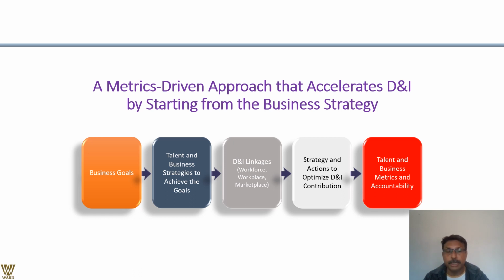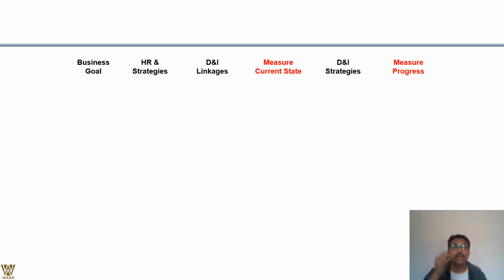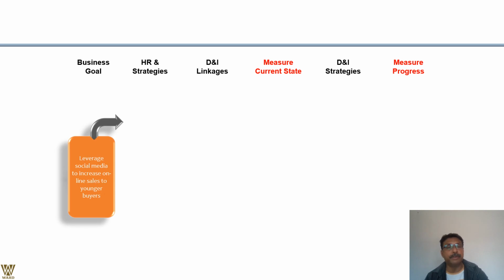The accountability is concerned. So yes, we talk about business goals, HR strategies, D&I linkages, measuring the current state, the strategies thereof, and the progress that we go around it. So what do we start with? With social media,